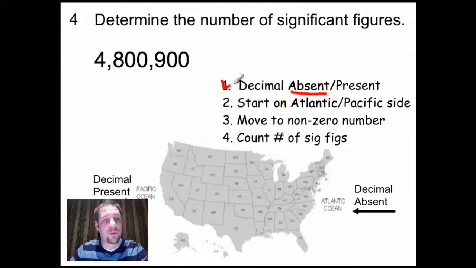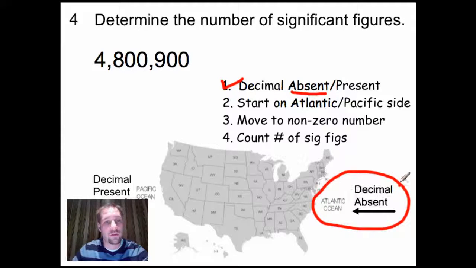Now I want to determine whether I'm going to start on the Atlantic or the Pacific side. Decimal is absent, so I'm going to start on the Atlantic side, which is the right side of the number, and I'm going to move across it towards the left, starting on the Atlantic side. So now let's do this. Let's work our way across this number from the Atlantic side, the right side, towards the left until we hit the first non-zero number. Starting here,